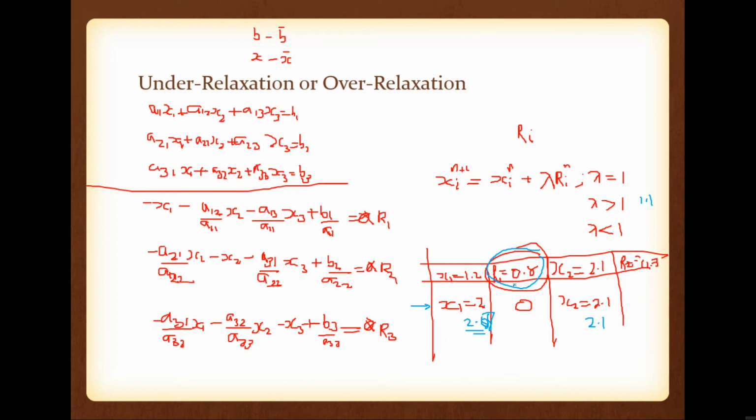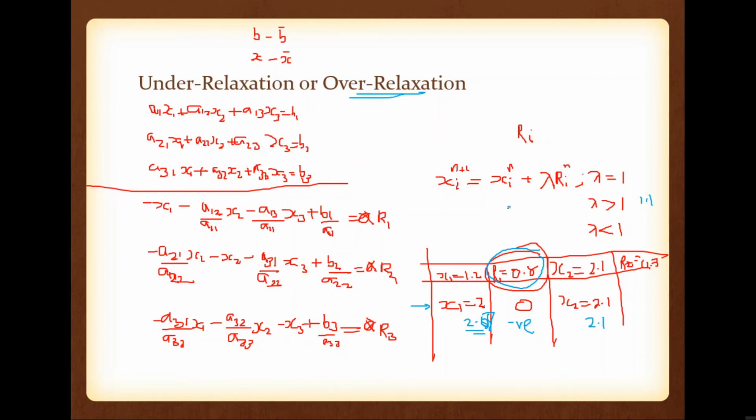So initially you can see that here it is 0.8, means it is positive. So during the next iteration it will cross 0, it will become negative. That is indication. After relaxation the sign will change. Magnitude that we can't say, we have to calculate it, but definitely the sign will change. The residue will cross 0. If it is positive, during the next iteration it will become negative. If it is negative, during the next iteration it will become positive. So that one is the characteristics of this over relaxation.